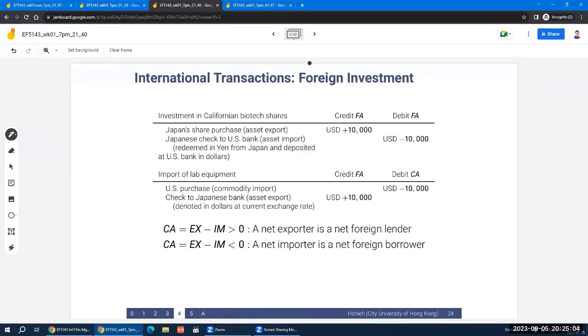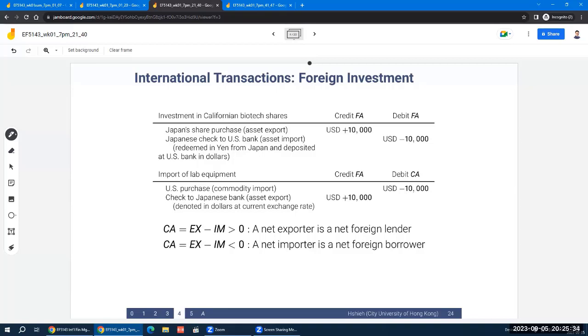All right, so let's do 2 more examples, and then we'll take a break. In the top table, we have investment in Californian biotech shares. So suppose we have a startup company, and this startup company is looking for investors. Let's say you have a fund in Japan, and it wants to buy some of these biotech shares from California,